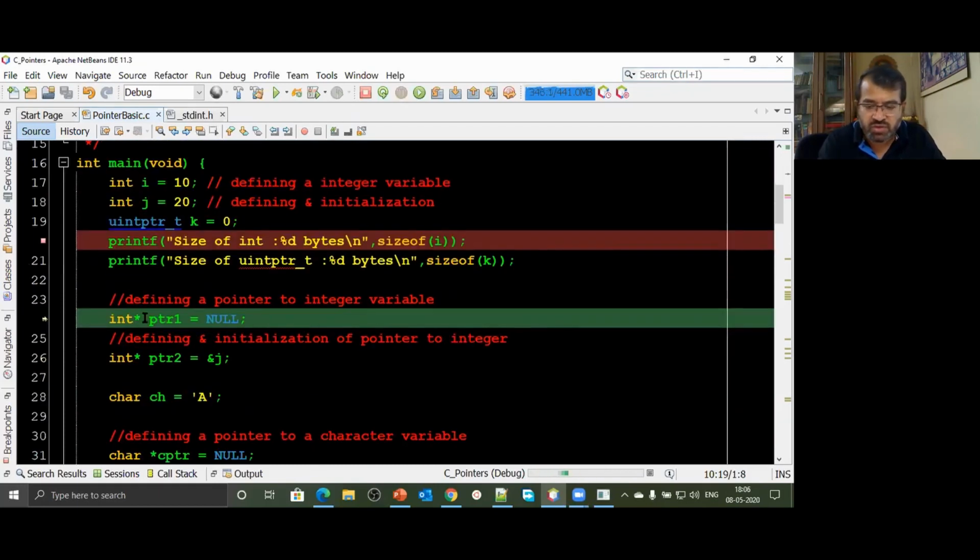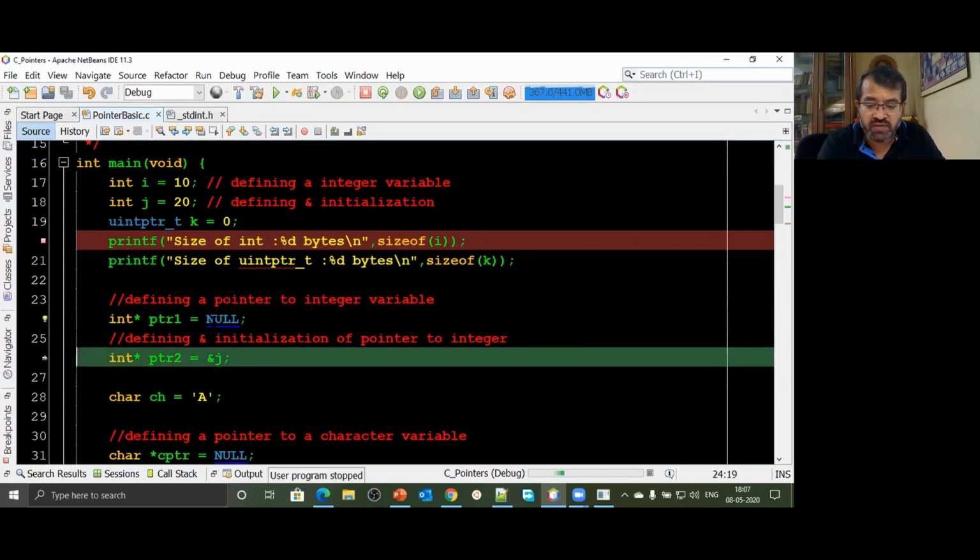Let's go ahead. And I say int star ptr. So what am I saying? I'm creating a pointer variable called ptr. Why a pointer variable? Because there is a star. So ptr is a variable of what type? Pointer type. What can it hold? It can hold the address of any variable of type integer. Currently, it is not pointing anywhere. So if your pointer is not pointing anywhere, you can just take this address as 0x0. Hex value 0. That means nothing. So currently this pointer is not pointing anywhere.